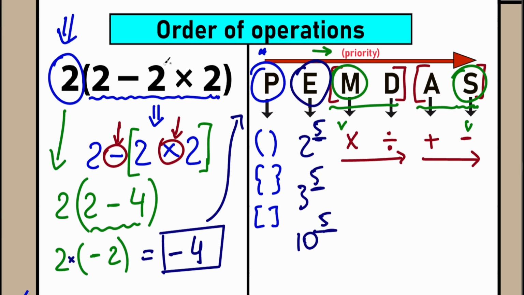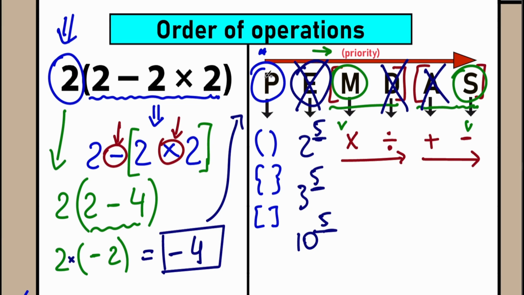Whenever we have an expression with a 2 cubed right here, after parentheses, we need to pay attention to this 2 cubed. In our case, we don't have it. We have a regular expression without any exponents, so we can cancel this exponents part. We don't have division, so we can cancel this division part. And we don't have an addition part. So if we look closely, we have only